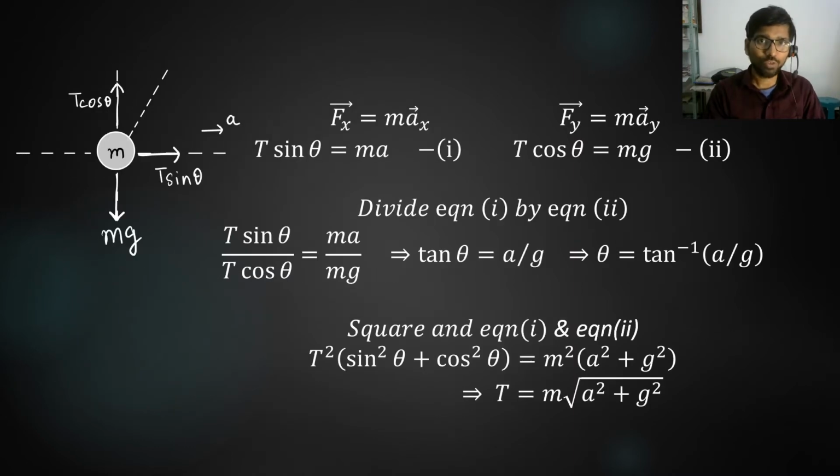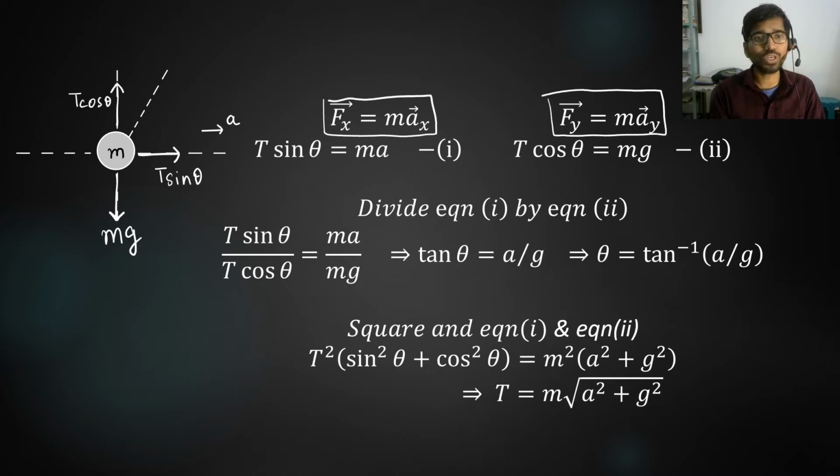So far, we have drawn the free body diagram of the system and we have resolved all the forces along the direction of motion and perpendicular to the direction of motion. Now, in this slide, we will apply Newton's second law of motion, Fx equals max and Fy equals may. As you can see, in the x direction, there is only one force, the horizontal component of tension, T sine theta, equals max, and acceleration in the x direction is a. Therefore, T sine theta equals ma. Let's call it equation number 1.